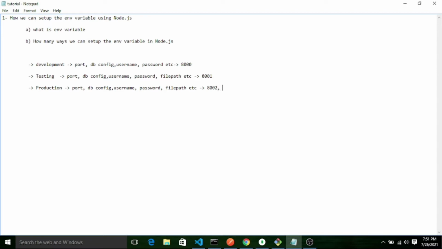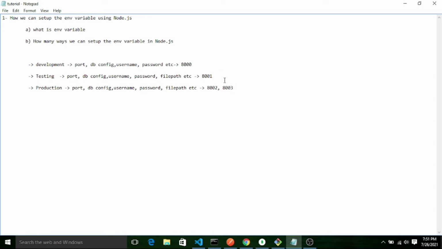Tomorrow the customer wants my port to run at 8003. If we hard code it inside the code base, we have to open the code file again, change the value, and deploy again. If we have set up the environment variable somewhere, then we can directly change it there, and the same code base, without changing, will fetch the latest value.